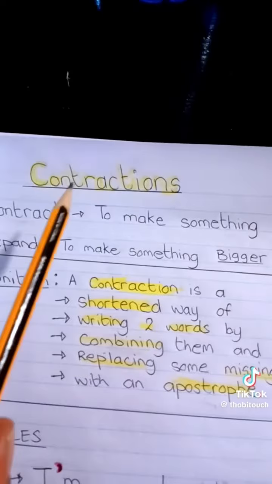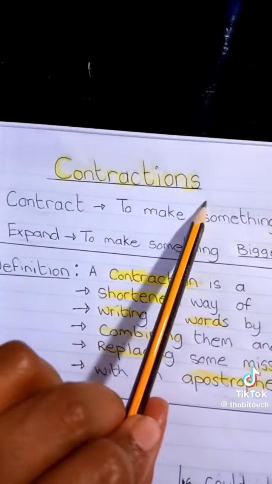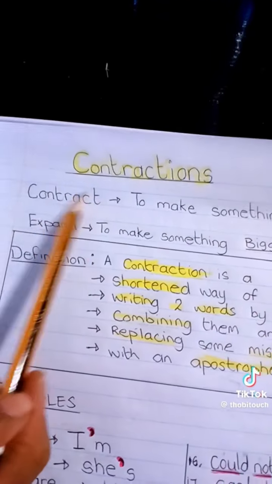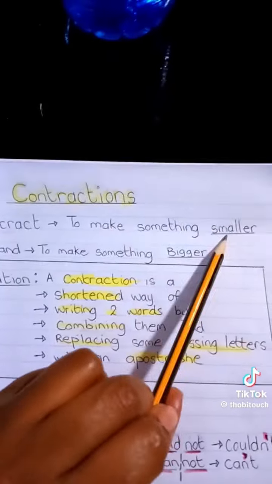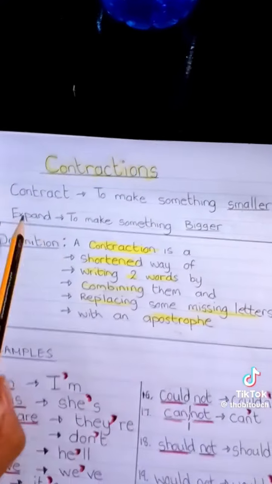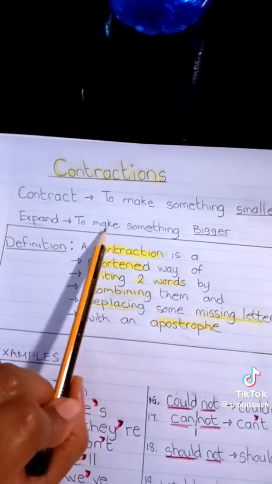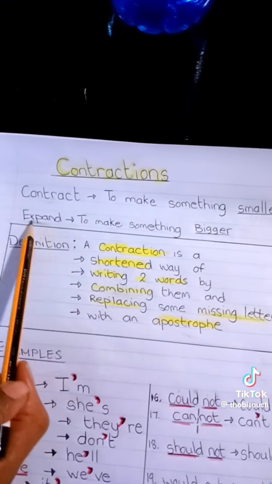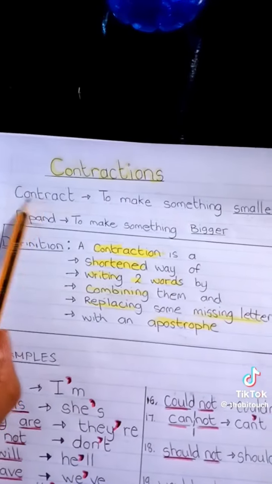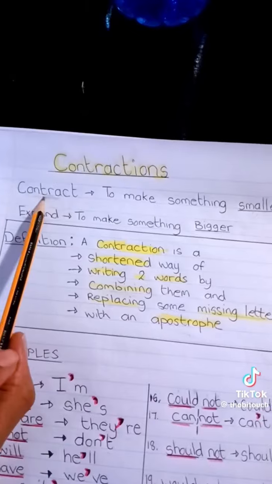Okay, let's go look at a worksheet that will take us through contractions. So our topic is contractions. Yes? And we have already said that to contract something is to make it smaller. To expand something is to make it bigger. So to expand is the opposite of to contract. When you contract, you make something smaller. What do I mean